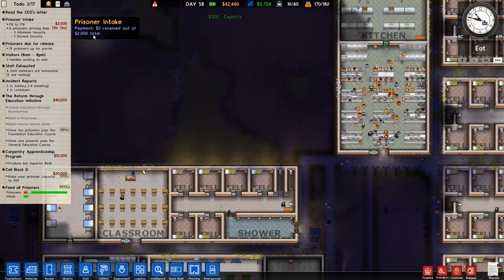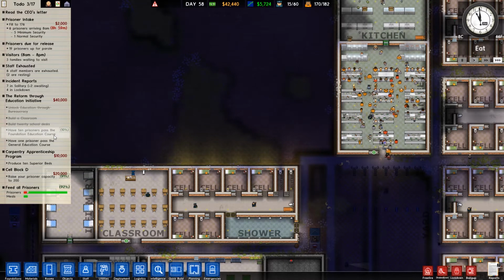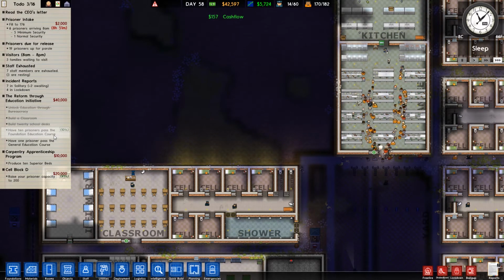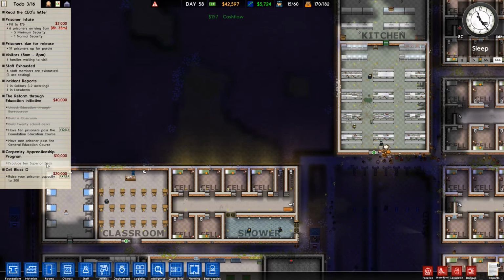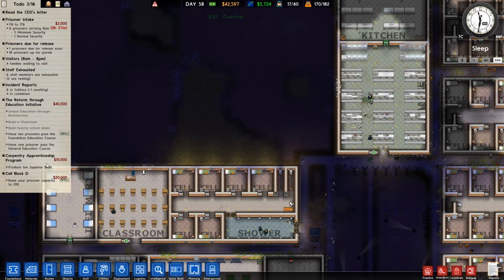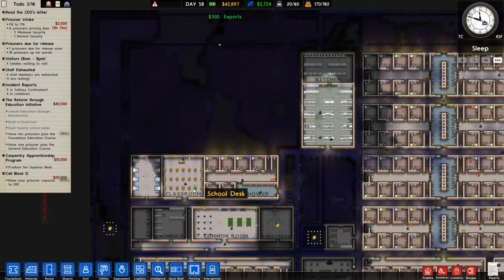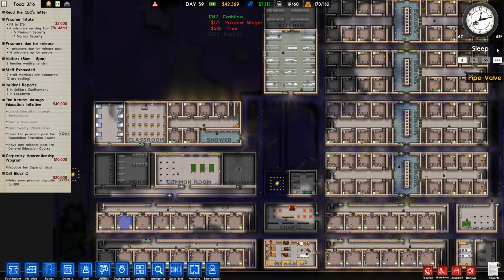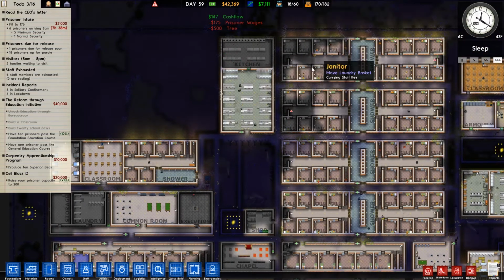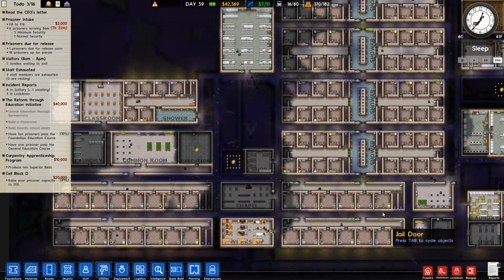Now we do still have a few other things that we need to build. We still haven't had our 10 prisoners passing the Foundation Education course. We still haven't produced 10 superior beds, and we still need to raise our capacity to 200. We're actually quite close to doing that. We're not terribly far away from that at all. So we probably are going to want to go and get ourselves another cell lock. So we should probably go ahead and do that. We do have a little bit of space